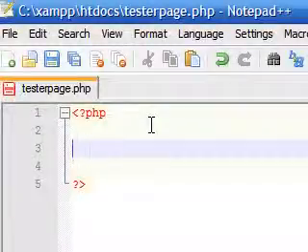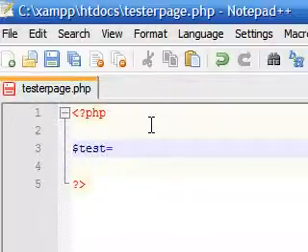What's up guys, welcome to your 13th PHP tutorial, and in this tutorial I'm going to be talking about how to use an array with a loop. I'm pretty much going to be teaching you guys how to spit out all your elements in your array at once. So the first thing we need to do this is of course an array,